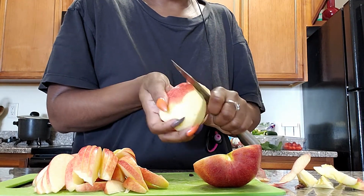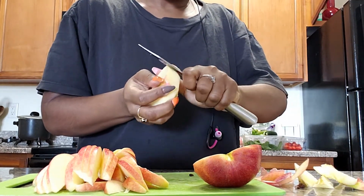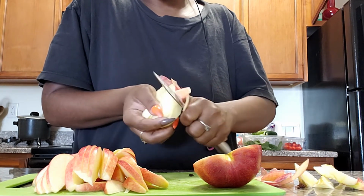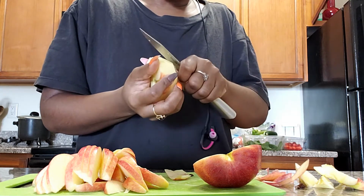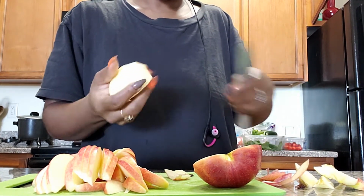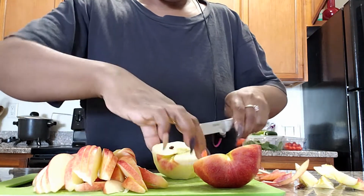You don't have to do this part. This is just for me. This is just something that I'm doing in specific. And I'm just trying to make sure that I don't peel that much skin off, so I'm trying to peel the thinnest layer possible. And this knife is very sharp, so I'm also trying to make sure that I don't cut my fingers while I'm doing this. Okay, so I'm going to cut it in half again,